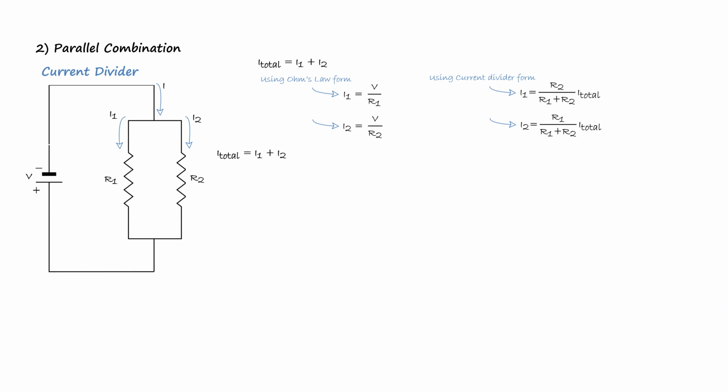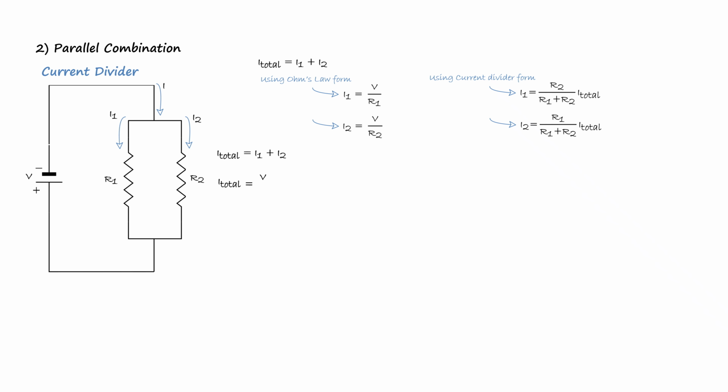So we substitute in I total equal to I1 plus I2. So we substitute this in this, and also we substitute this in this. And after we substitute, we get what? We get I total is equal to